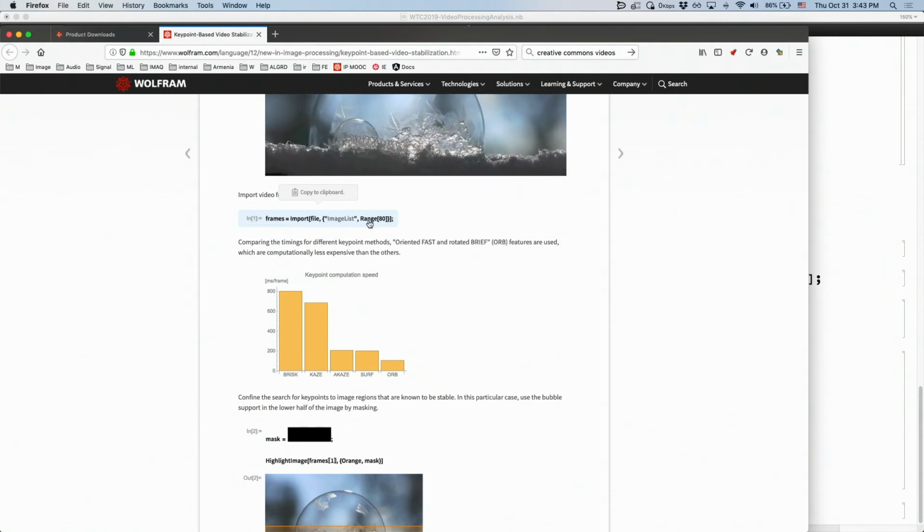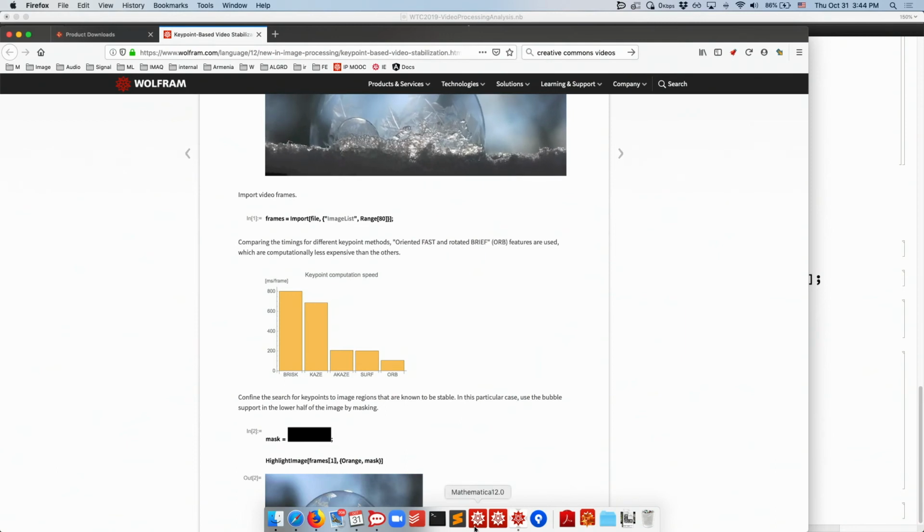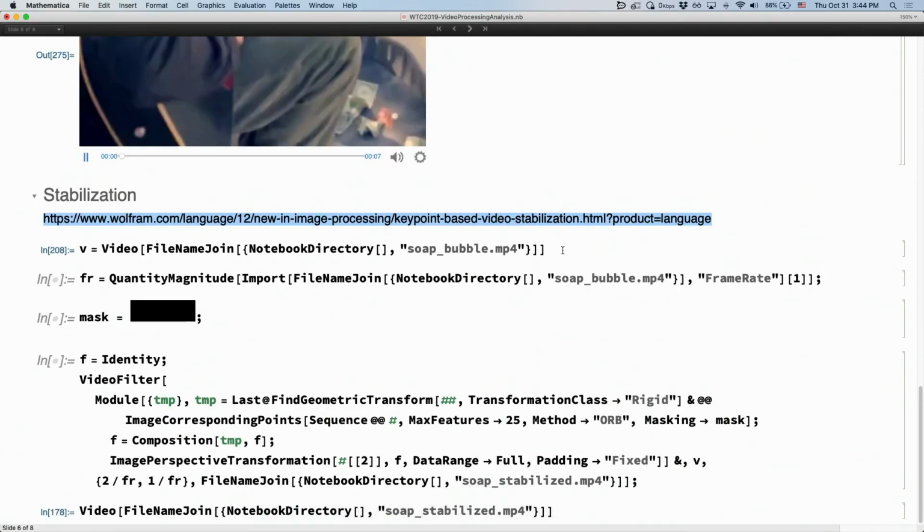The last example we are showing is an example that we released with the version 12 example pages. This is a key point-based stabilization. We basically have a video that is unstable. This stabilization problem is a bit difficult because the object, which is the bubble, is moving as well as the baseline, which is the ground. For this particular example, we are focusing on the bottom, which is the ground, finding all the key points, and stabilizing the frame by finding corresponding points, geometric transform from one frame to another, composing them, and then stabilizing the